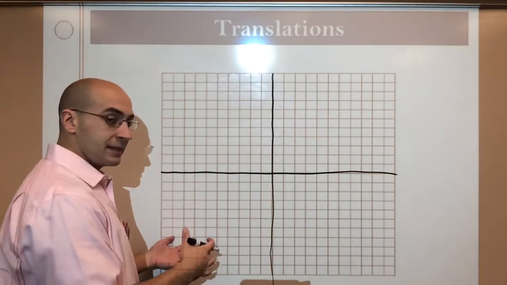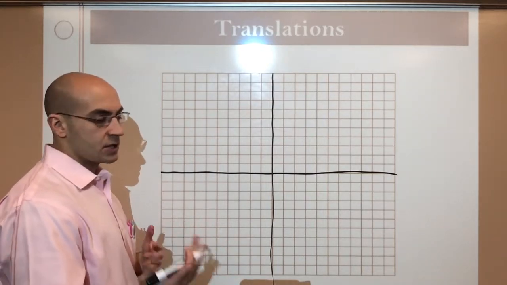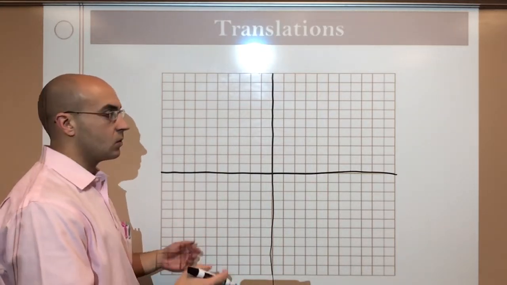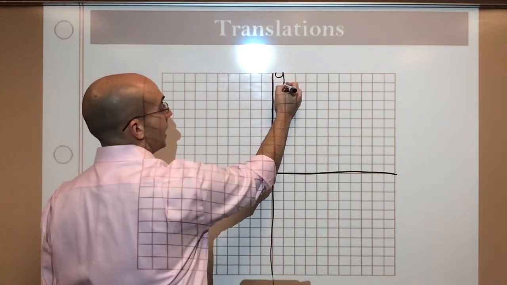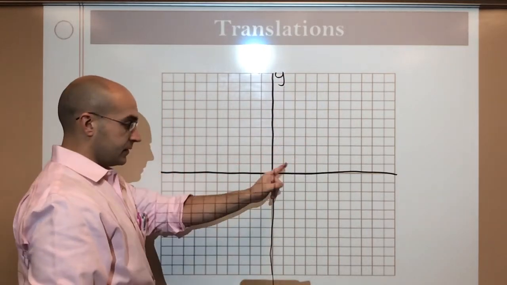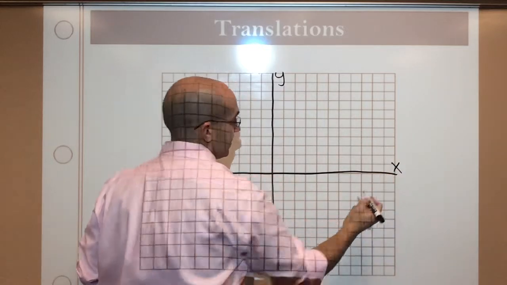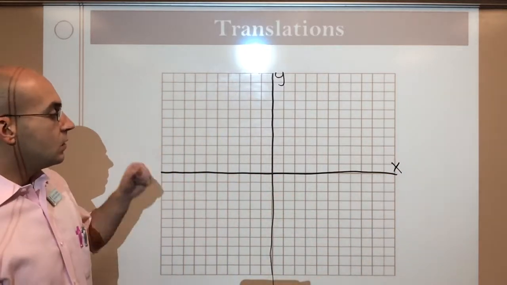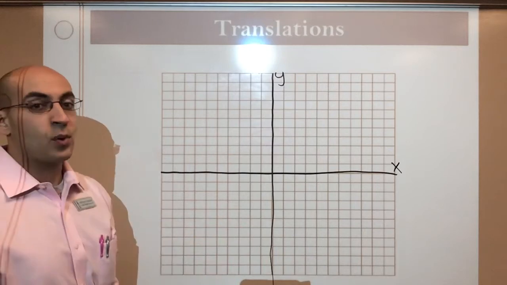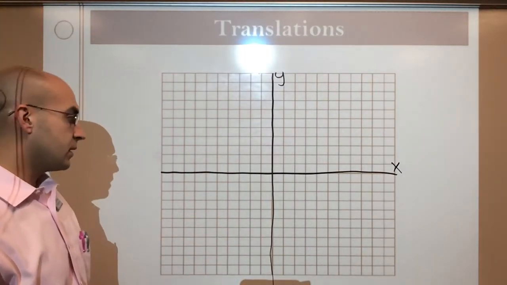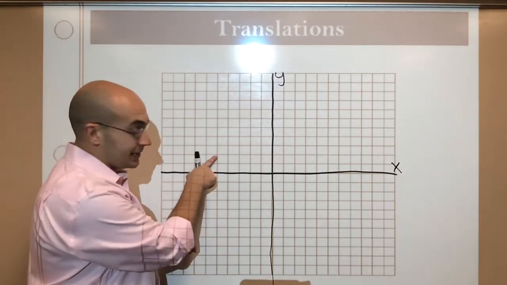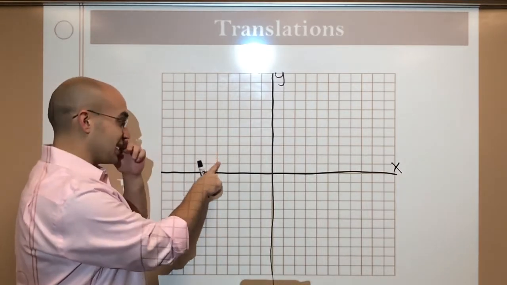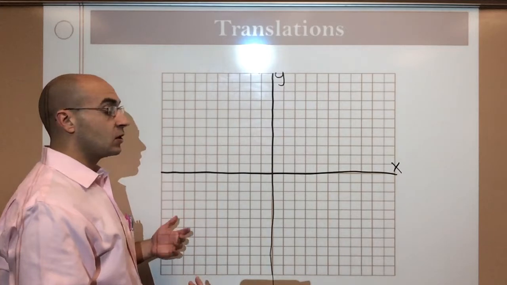So let's talk a little bit about this. This is the Cartesian coordinate plane. You're just going to hear me say it as a graph or a coordinate plane. The up and down axis, we call that the y-axis, okay? And the left and right axis is labeled the x-axis, okay? Now, there are an infinite amount of points on this graph, or this grid, infinite. But for now, we're just going to mess around with the ones that actually have an intersection, right? So ones that actually have a point, and that's called a coordinate point,